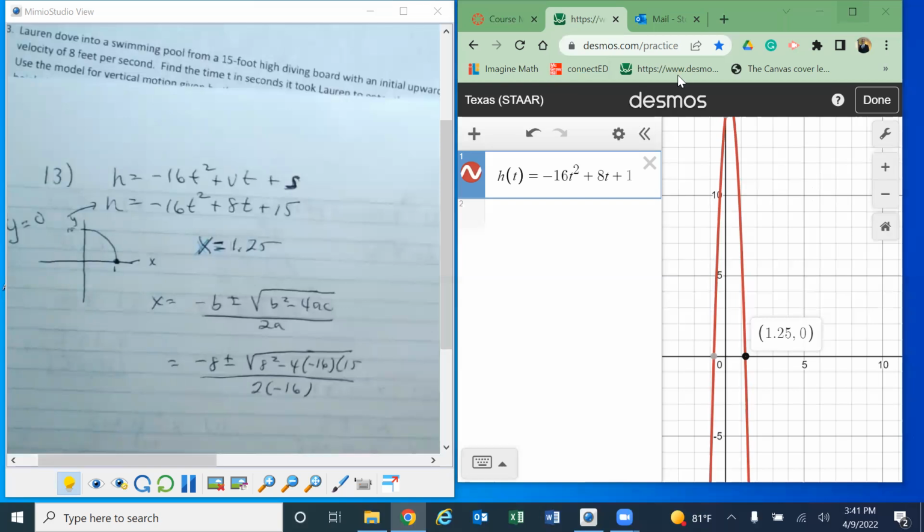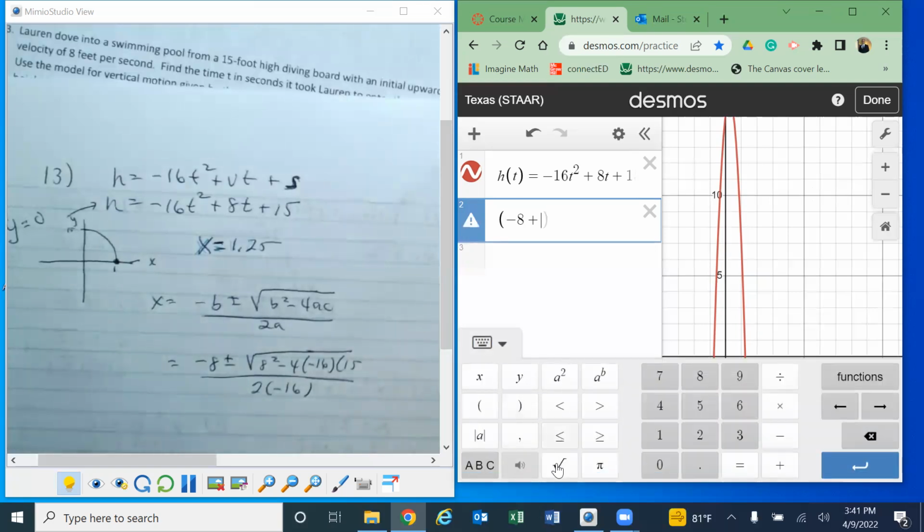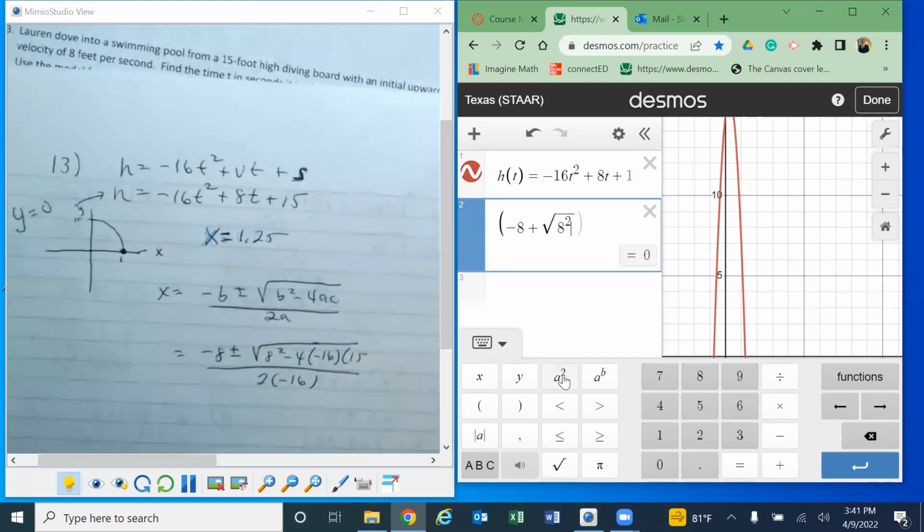And so we're going to put it in here to see. In fact, we might be able to put it in here. Let's try it, because we're going to put Desmos in here. So we're going to say negative 8 plus, and it's probably wiser, let's put parentheses first, because we're going to tell it negative 8, just like we did in the classroom, plus square root. So I'm going to go here to square root right there. And then we're going to say 8 squared. What I like about this, you can just type everything in, minus 4,